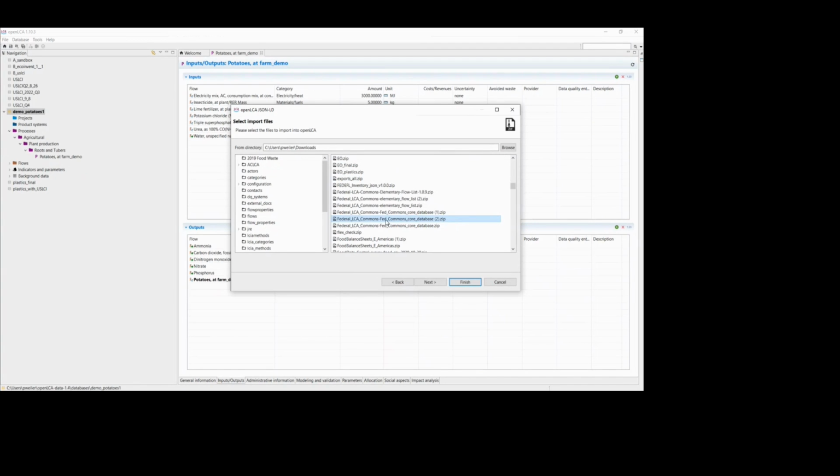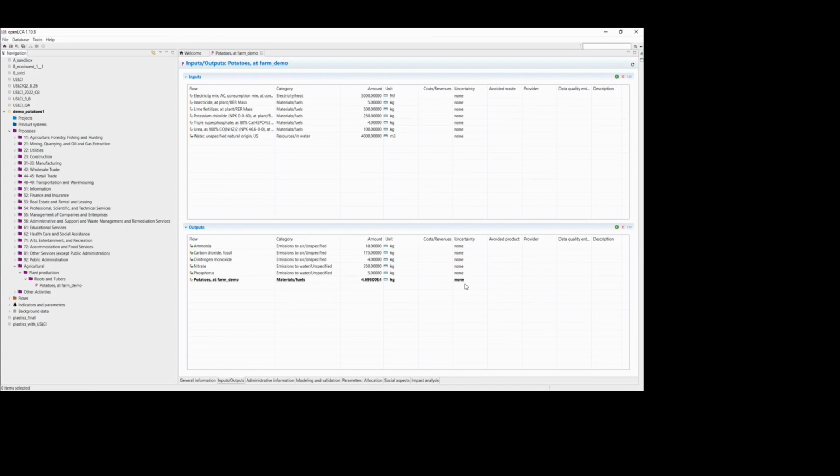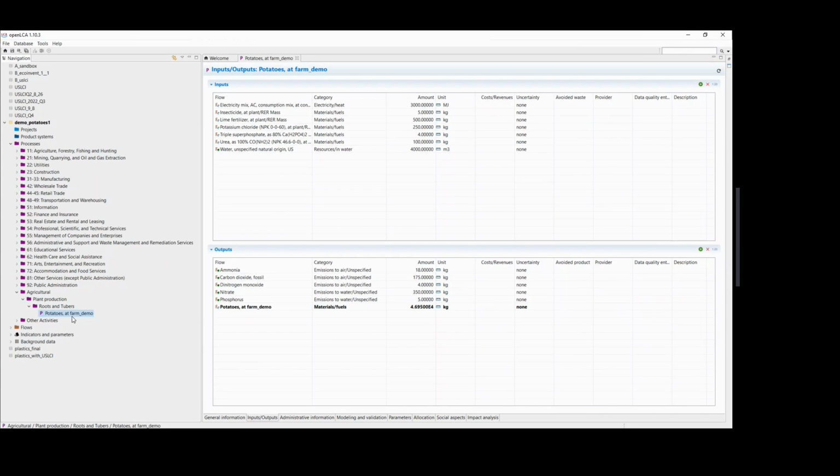And get Commons, but Commons Core database. Finish. And now we can see that we have the regular NAICS folder structure in here on top of our imported folder structure. So we'll want to place our intended dataset for submission in the correct folder.